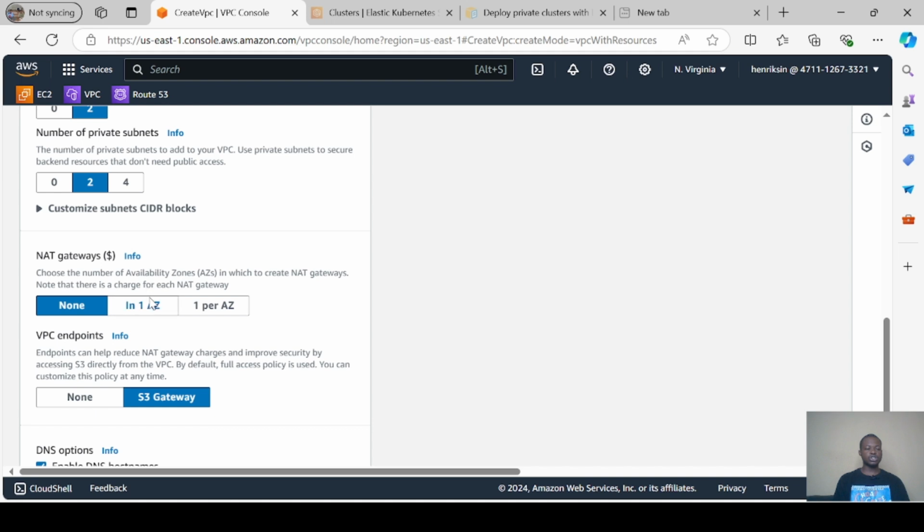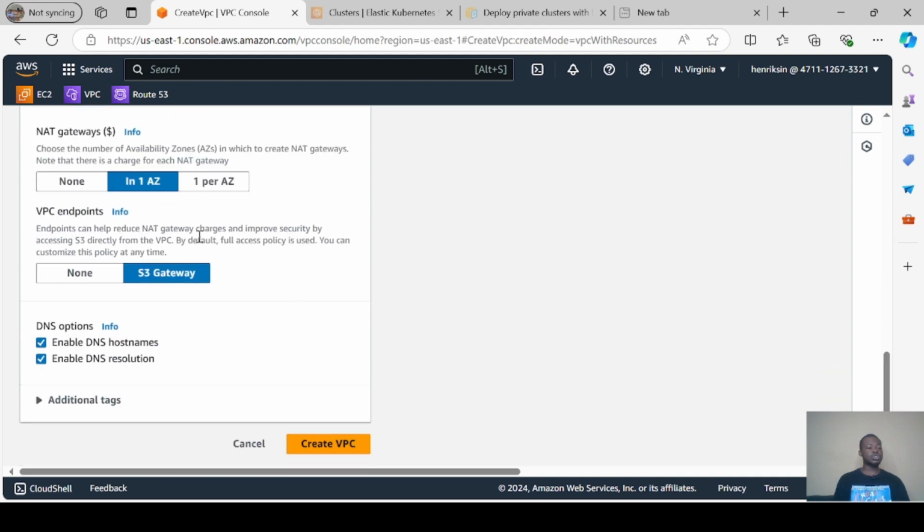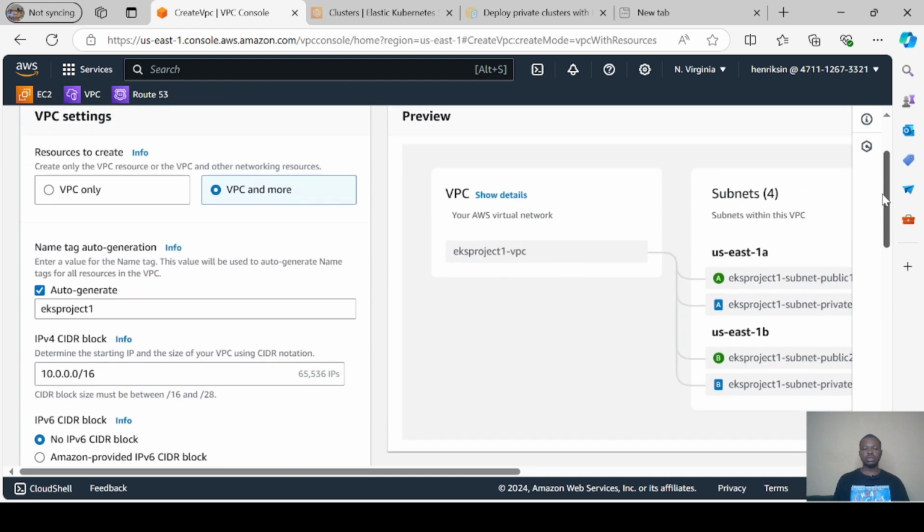And I'll just create one NAT gateway since I am using a private subnet. This is to allow internet access, and since I'm not using a production setting, I won't need to go that far by using an S3 gateway. I will just make it none, and for you to be able to understand what I'm saying,